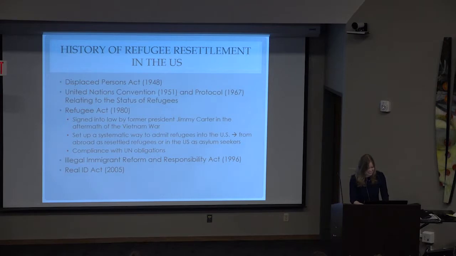So I'm going to talk just briefly about the history of refugee resettlement in the U.S. The basis of our current law comes out of the mass displacement that happened during World War II. So in the United States, a law called the Displaced Persons Act was passed in 1948 to address the migration crisis in Europe, where millions of people had been forcibly displaced from their homes. Also in 1948, the United Nations passed a Declaration of Human Rights that recognized asylum as a method for immigrants to escape persecution in their home countries. In 1951, the UN adopted a convention relating to the status of refugees, which recognized the right of individuals to seek asylum from persecution in other countries.